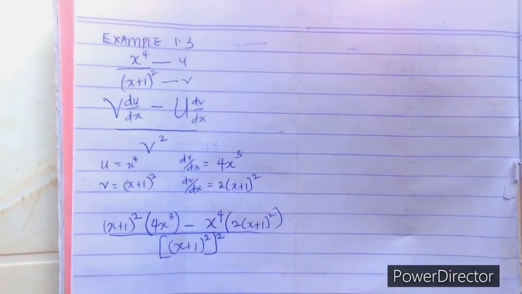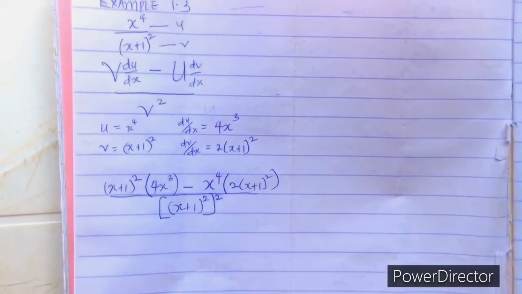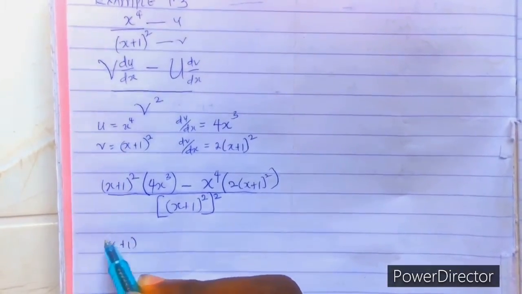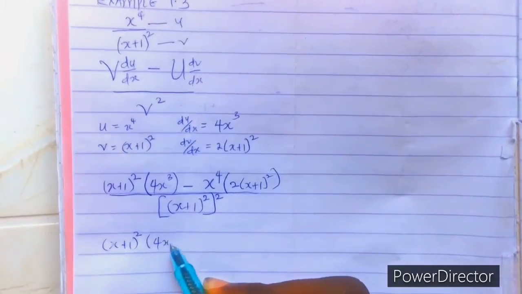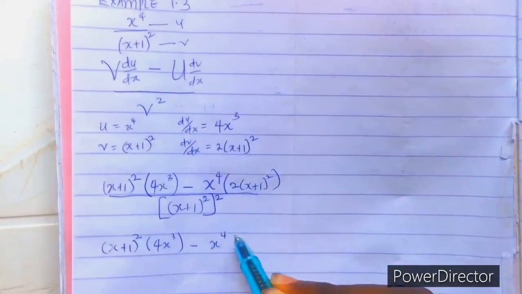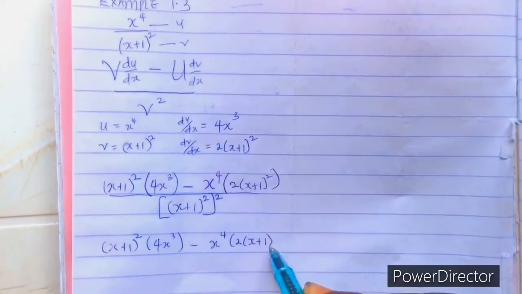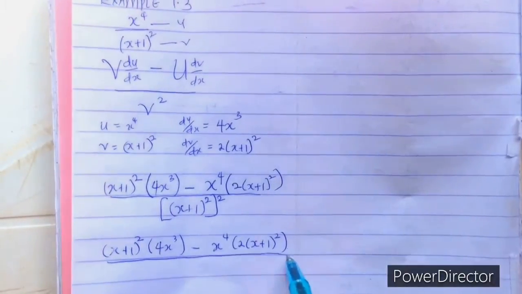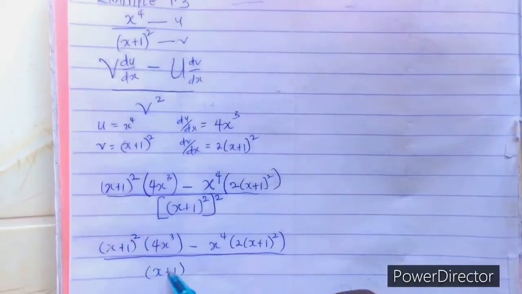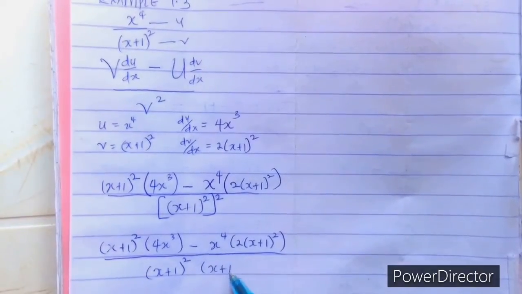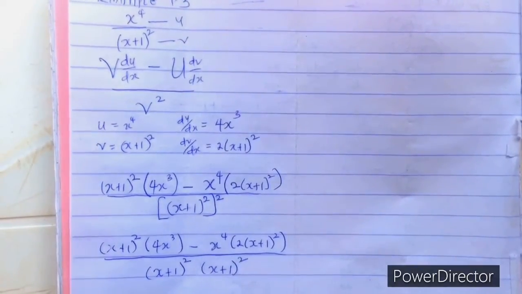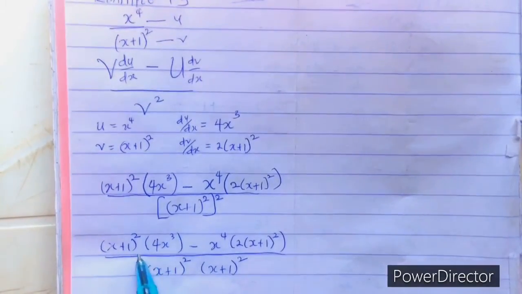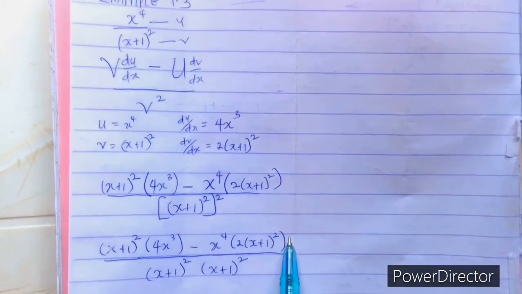Yeah, so after that we can now simply say that (x + 1)[4x^3 - x^4 · 2(x + 1)] over (x + 1)^2. It will be quite better and easier if we split this into two. Now we have (x + 1)^2 here, we have (x + 1)^2 here,